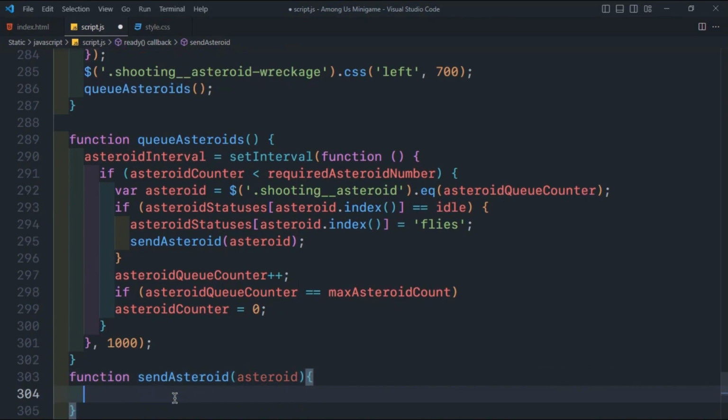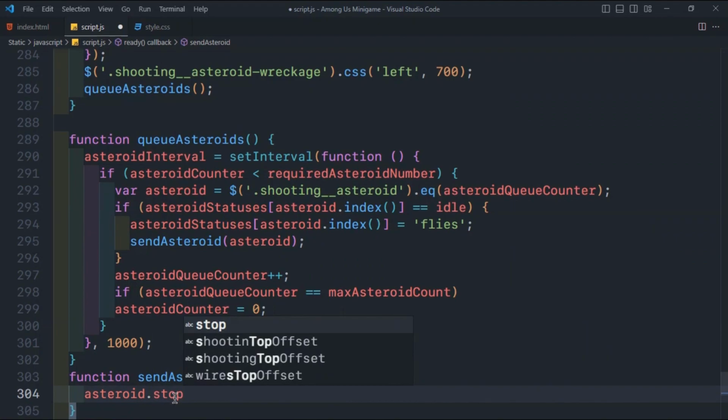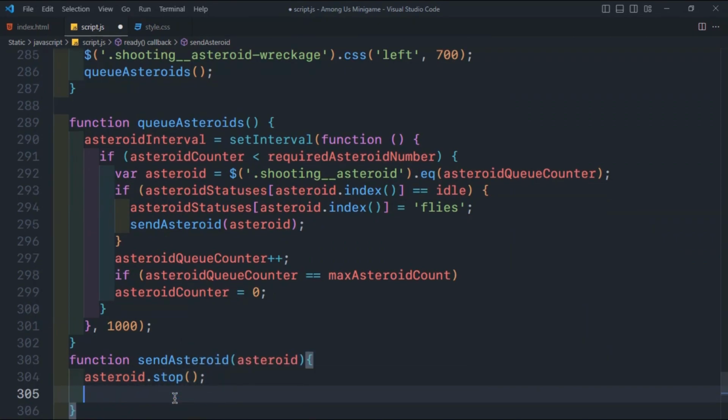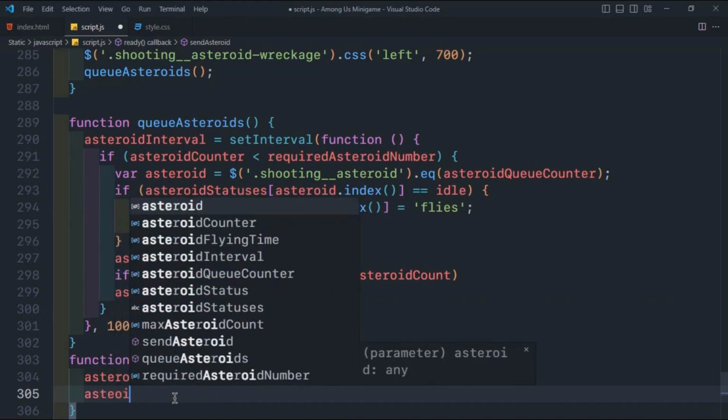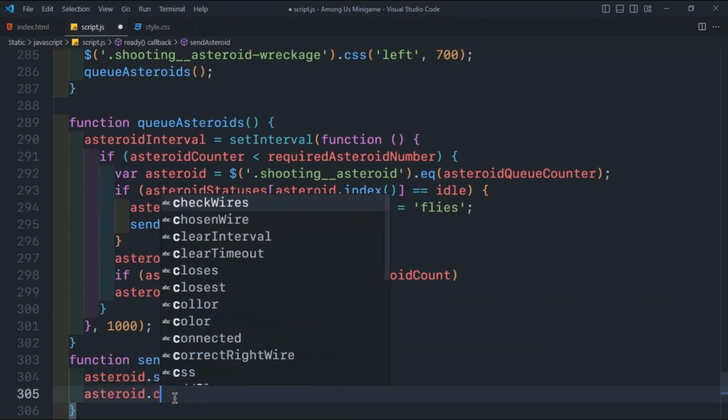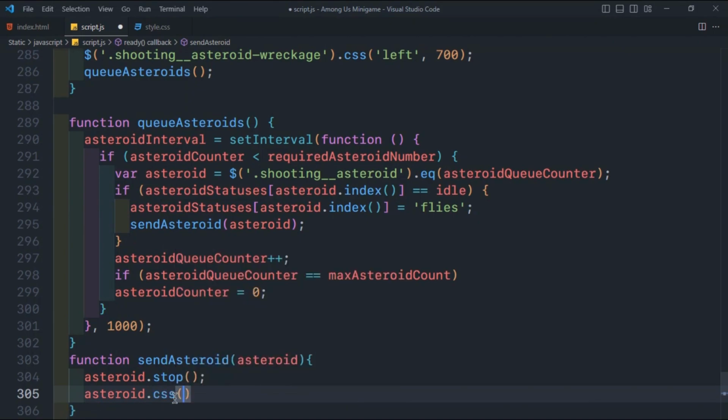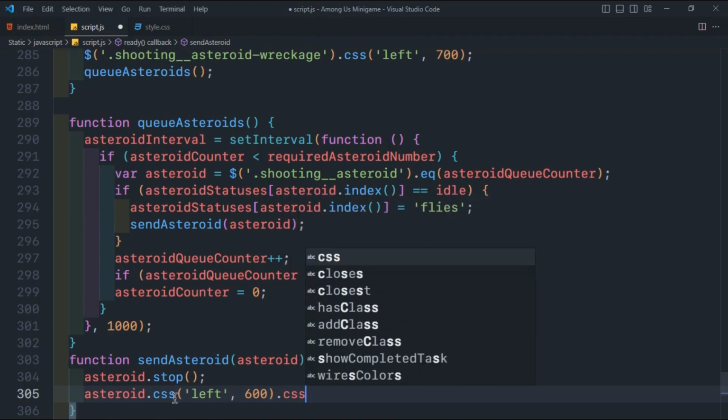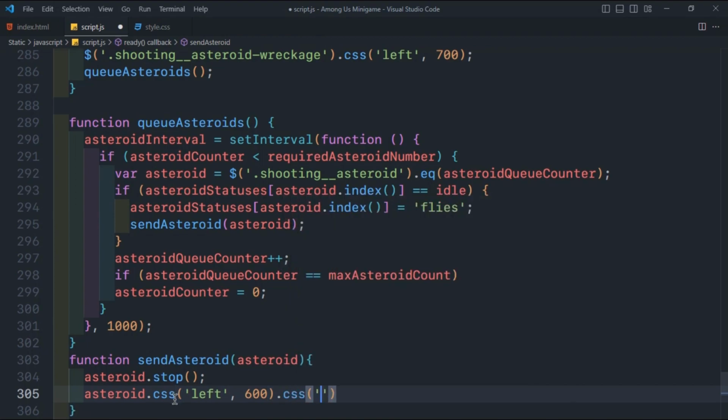So asteroid.stop, and then we will give asteroid and modify its CSS properties. So first, the left property is modified to 600 pixels. The top property is modified to